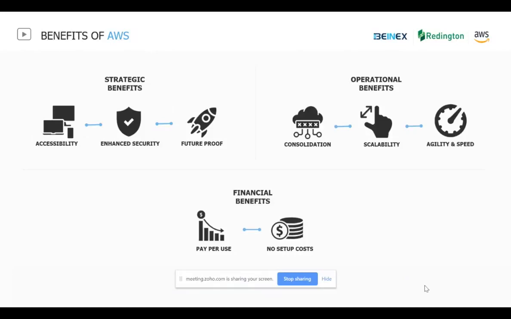Now, over here, we see how AWS solves most of those problems. So we have broadly classified some of the benefits into strategic, operational, and financial. As far as the strategic benefits are concerned, in AWS, we just have an AWS console where users will log into it, request resources, and pay their bills. If they want to assign some storage, they can do it on their own. If they want to add a network card, they can do it on their own. So a lot of dependencies are actually being reduced with this.